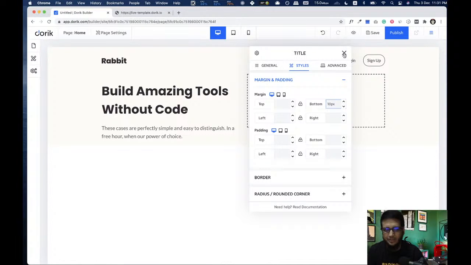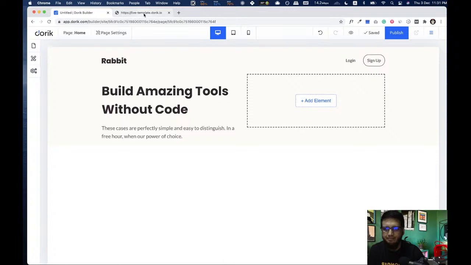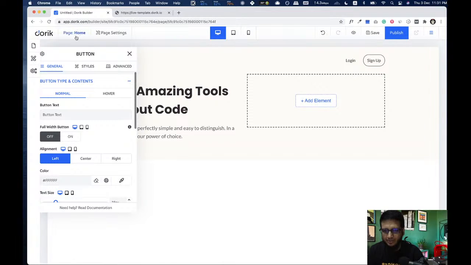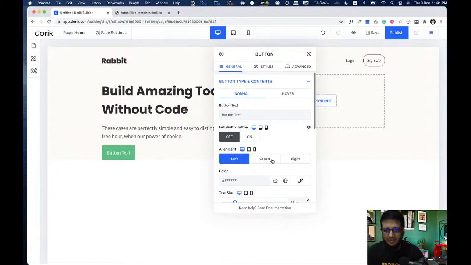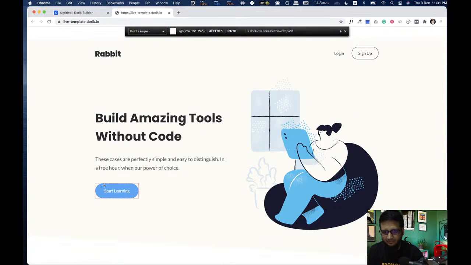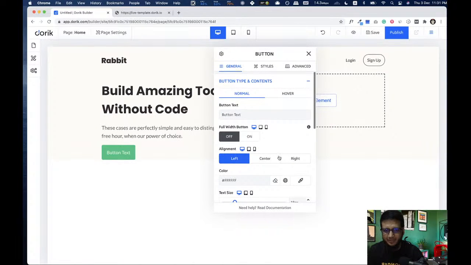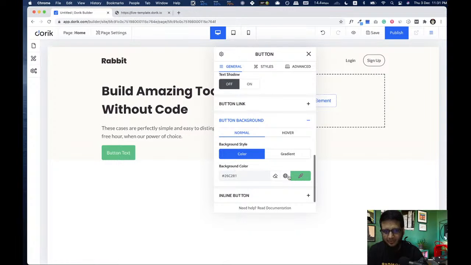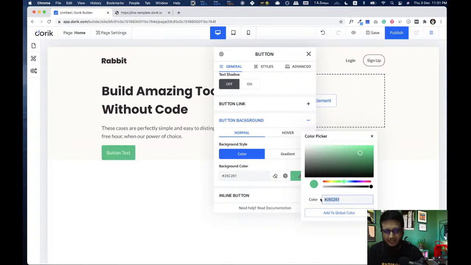Yeah, that's fine. And now we are gonna add the button. So we are gonna add a regular button, and we have some colors to add. I'll add this color. Okay, so first I'm gonna change the button background here, and here it is.